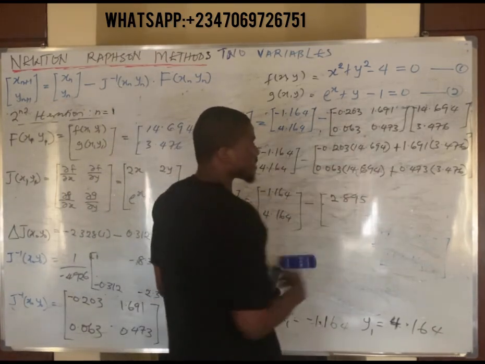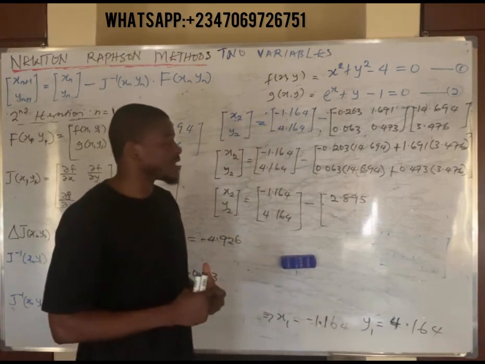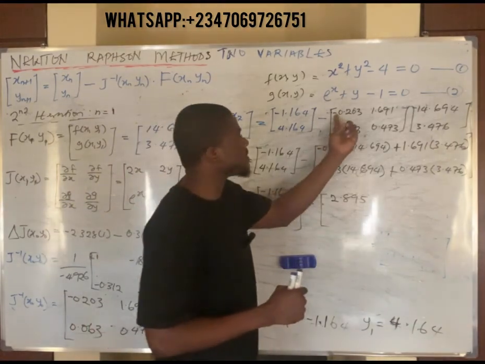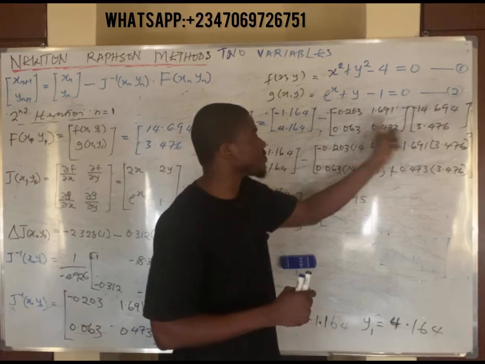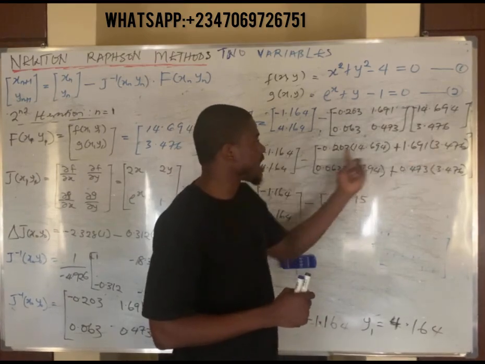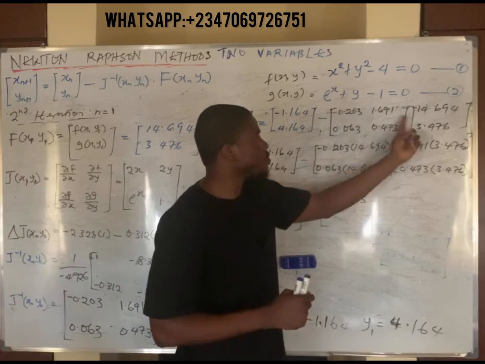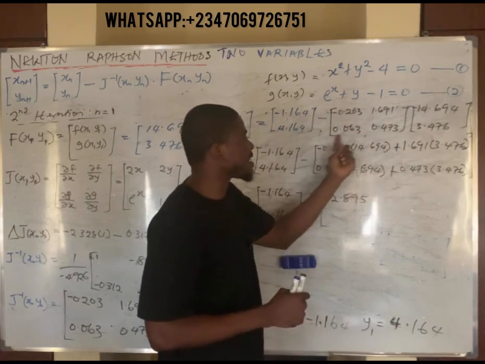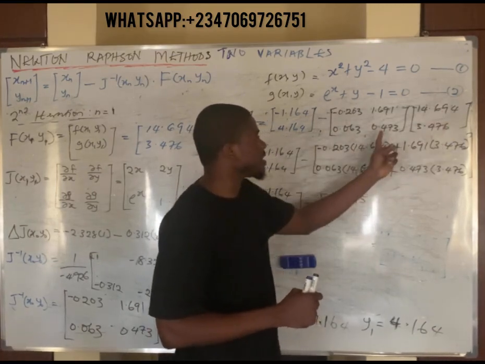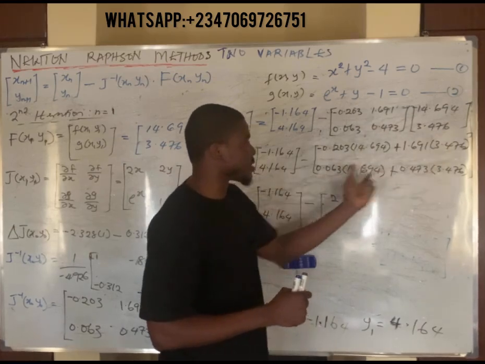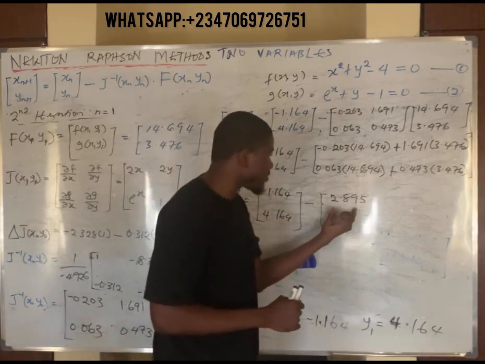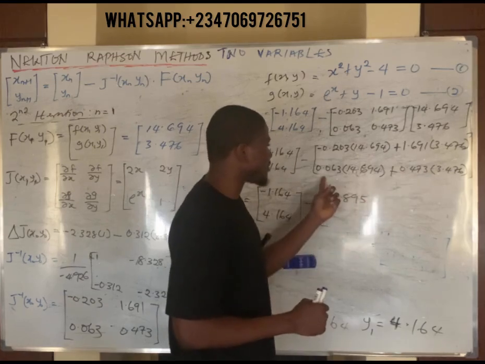we simply activate the multiplication of a 2 by 2 matrix versus a 2 by 1 matrix, right? If you do that, you simply have this entire row multiplied by this entire column. So this element multiplied by this element plus this element multiplied by this element. And that's what we have here. So this entire row multiplied by this entire column. Same thing, this entire row multiplied by this entire column. So you have this element multiplying by this element and then plus this element multiplying by this element, and you have this. And upon evaluation, okay, we've evaluated the top and we have this. So we're about to evaluate the